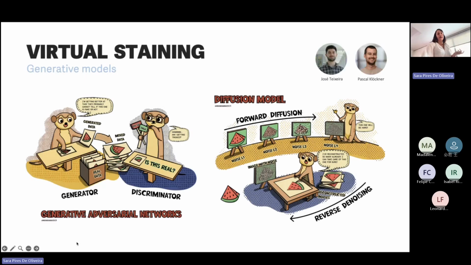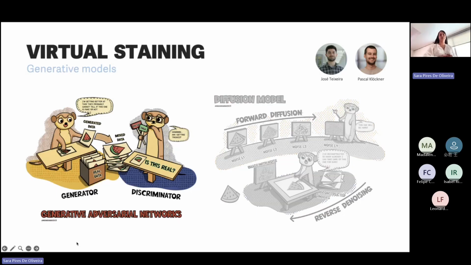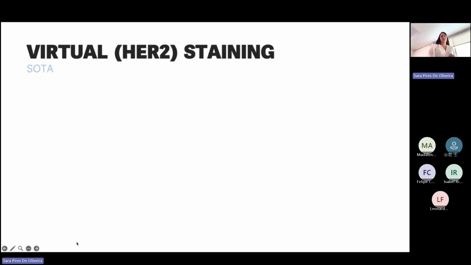And even though we have explored both approaches, I had, like José, that is a master student that I supervise with Professor Jaime, and Pascal, that is a researcher at the NKI, working with me in this project. And even though we tried both, today I want to focus on the GANs. It was the work developed by José for his master thesis. And let me start this part